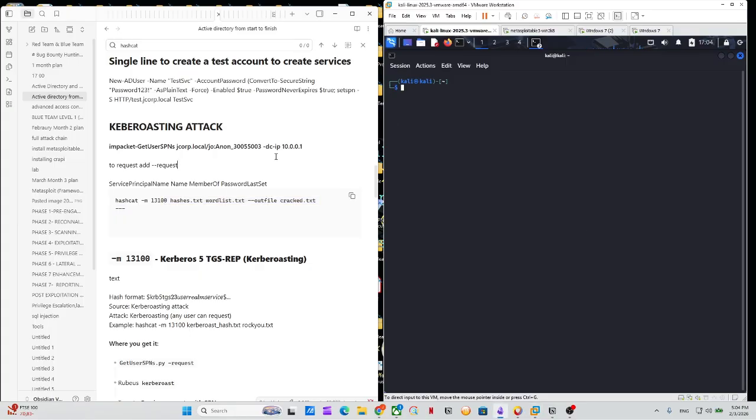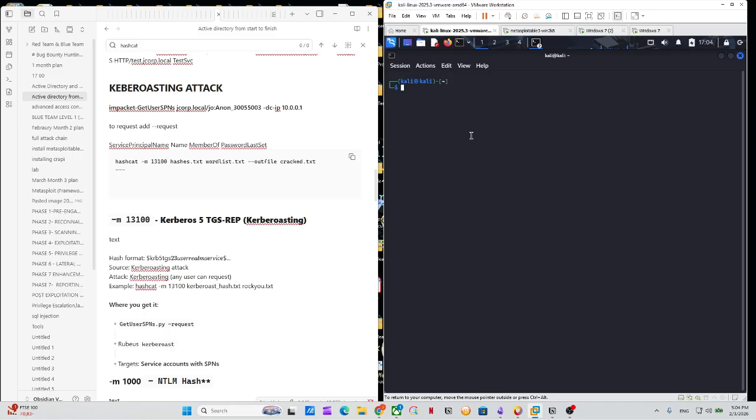Now let's see what we have here. We have the lists, we have the hash. We're going to use this hash, which is test svc hash, and we're going to try to crack it. We're going to use hashcat. It's a tool that we can use to crack